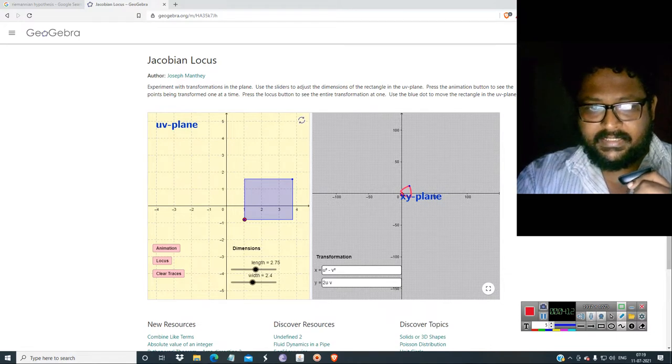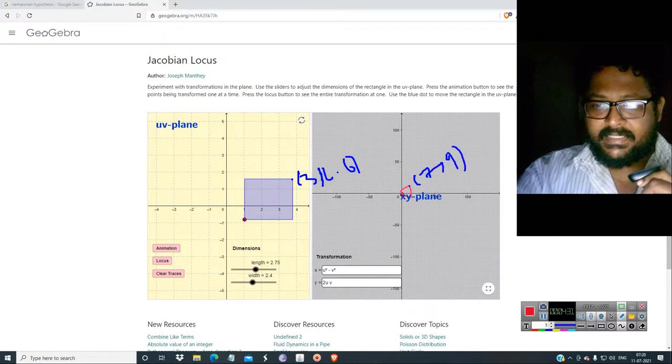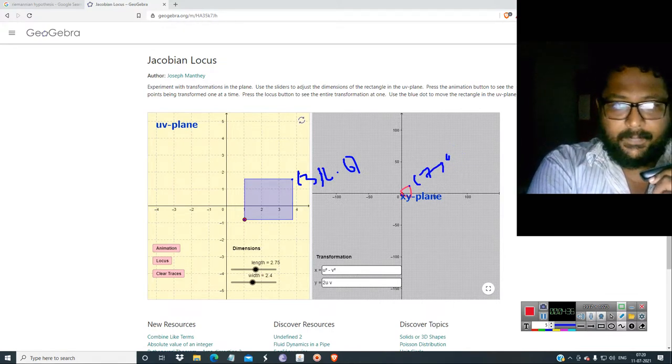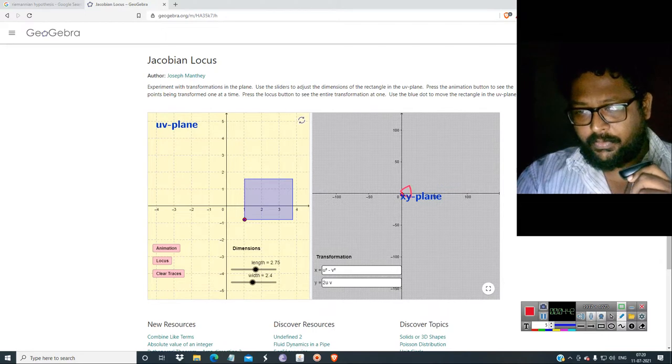Here it is 3 comma 1.6, but the same point deformed is 7 comma 9. So the points differ; each is being mapped to a certain position. To get the correct meaning, you have to see my Jacobian tutorial.